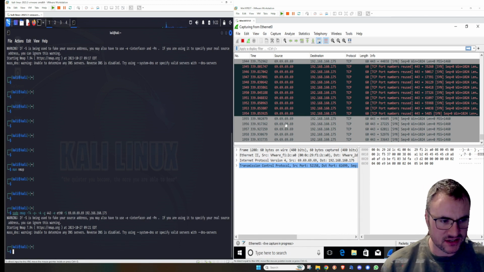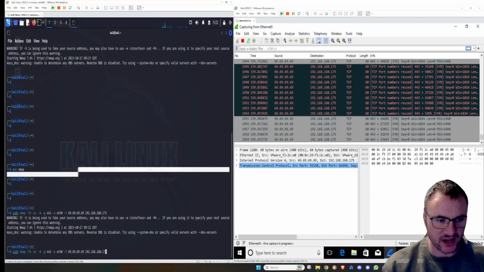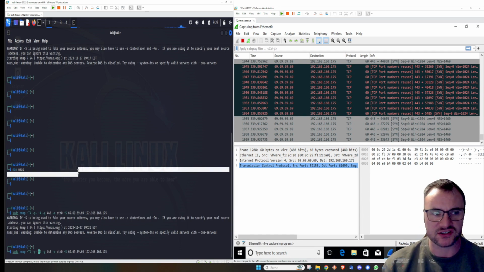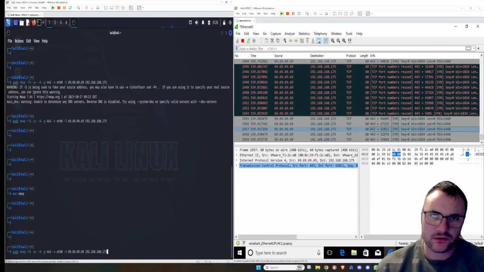Obviously, I wouldn't advise going in loud and proud and scanning all port numbers, because you might wonder what a web server on port 443 within that IP address would be. So you would want to customize the source port number based on the IP address you're pretending to be at the time. As part of the command that we've run, we've spoofed our IP address and we've spoofed the port number,